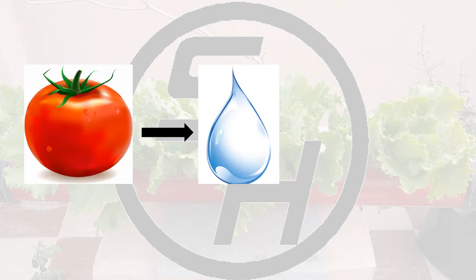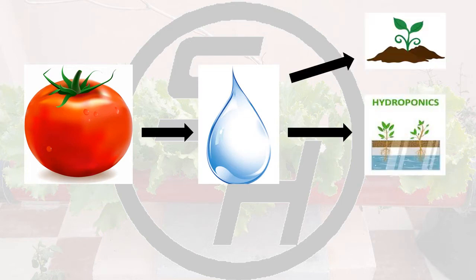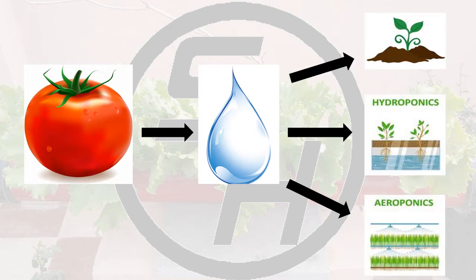Let's see a few uses of hydroponics. Among so many uses, let's discuss the first one, that is water conservation. For an example, let's take the case of producing 1 kg tomatoes. In soil farming, we would expend about 150 to 200 liters of water, whereas in hydroponics, it takes about 40 liters and just 25 liters in aeroponics.